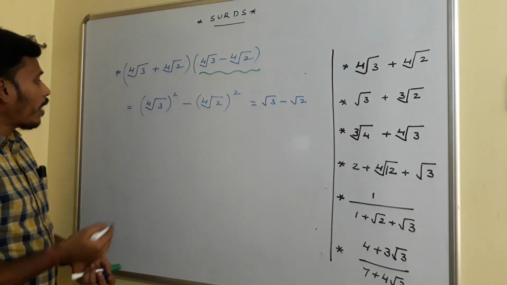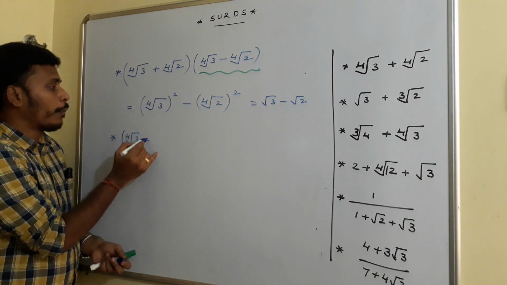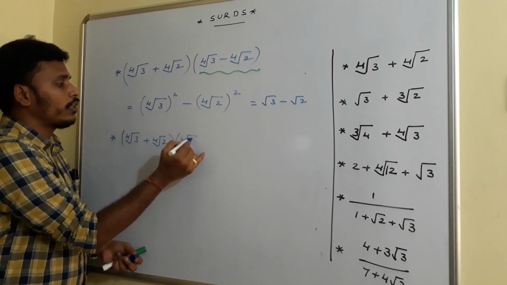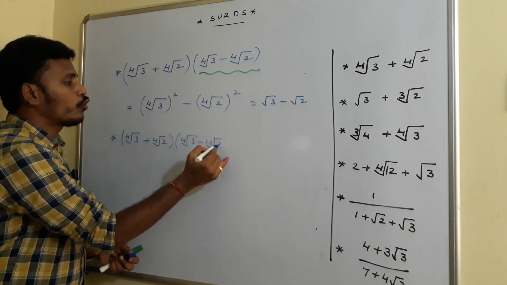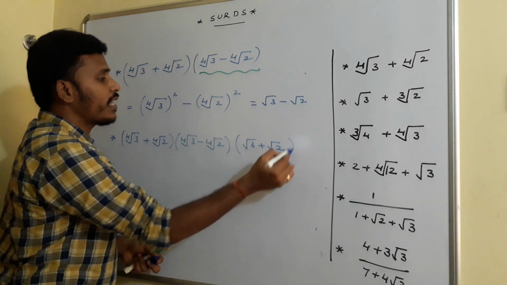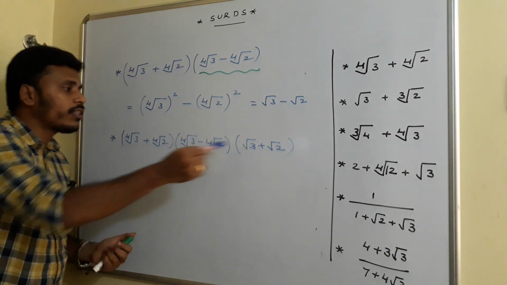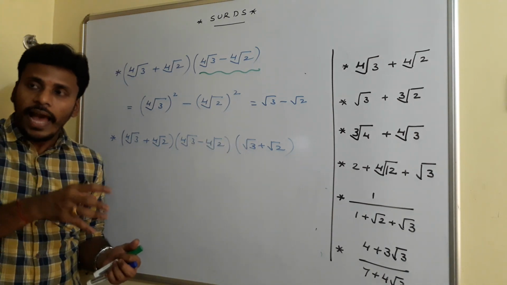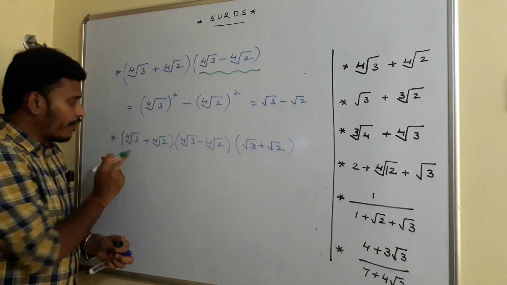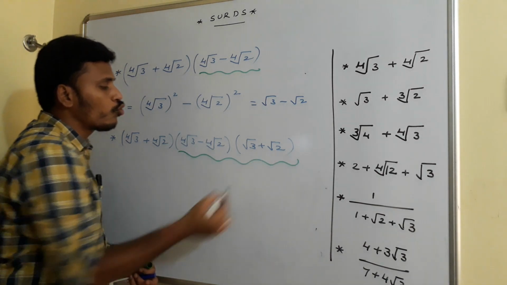Is it clear? Now you just concentrate on this product. 4th root 3 plus 4th root 2 into 4th root 3 minus 4th root 2 into root 3 plus root 2. Just change the sign between the numbers. Right. Now I am going to find out this product. Everything is just expectation first, and to confirm that you need to multiply. See, the given problem is 4th root 3 plus 4th root 2. We are multiplying with these two terms.